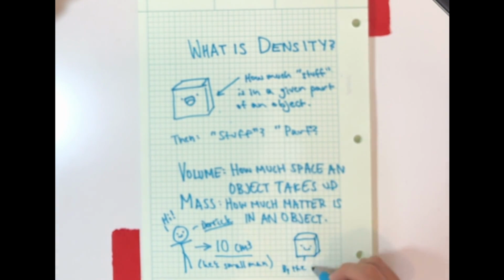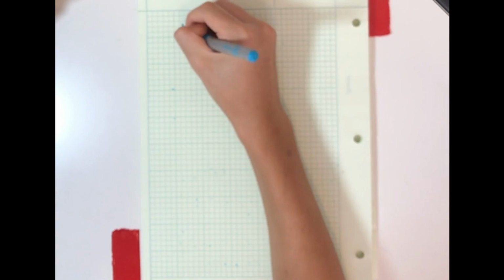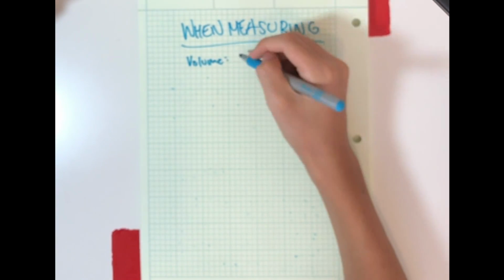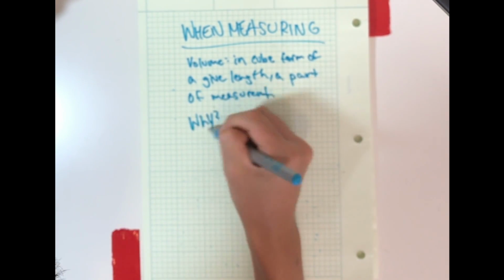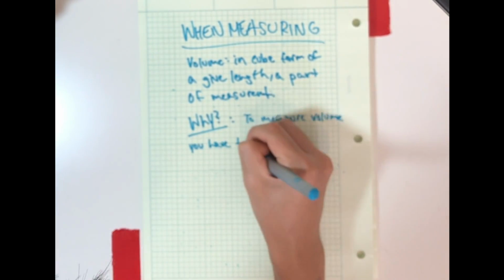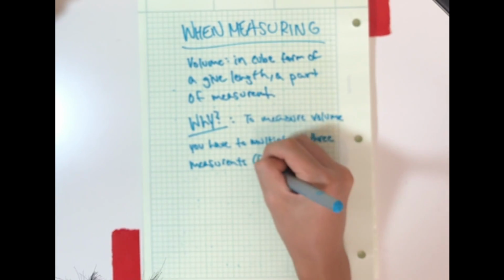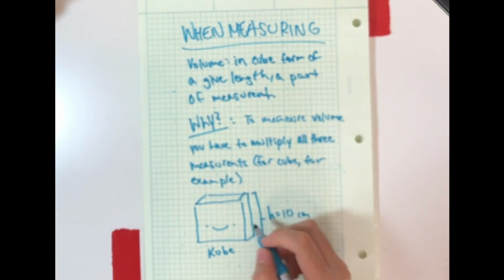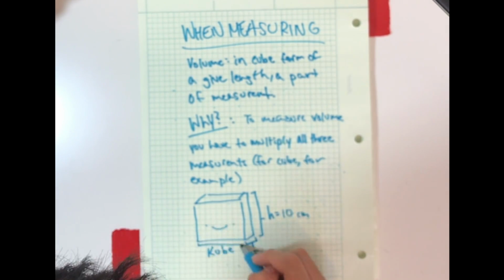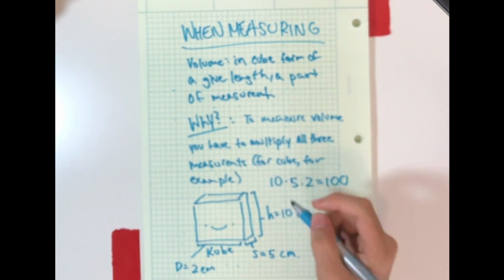Our cube here has a mass of 10 grams. When measuring the volume of an object, you must always put the volume in cubic centimeters as a measurement, because when you're finding the volume of an object such as a cube, you have to multiply the centimeter measurement 3 times. So for a cube with dimensions 10 by 5 by 2, that would be 100